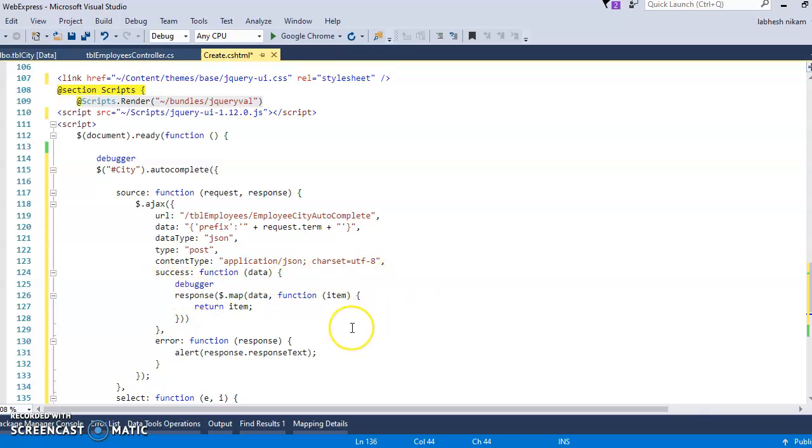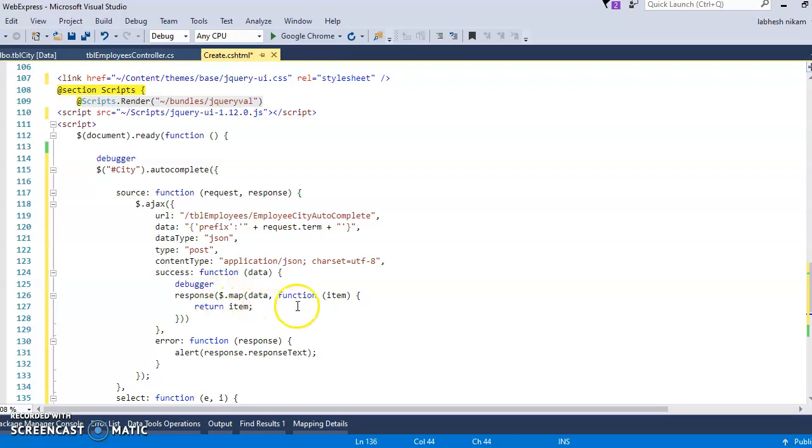Now success: if the success function happens, meaning the user typed characters, then you give the response about those characters, meaning about that prefix or request.term. So response, $.map(data, function(item) { return item }). If you pass the character j, then you will return the j related content using this map function.